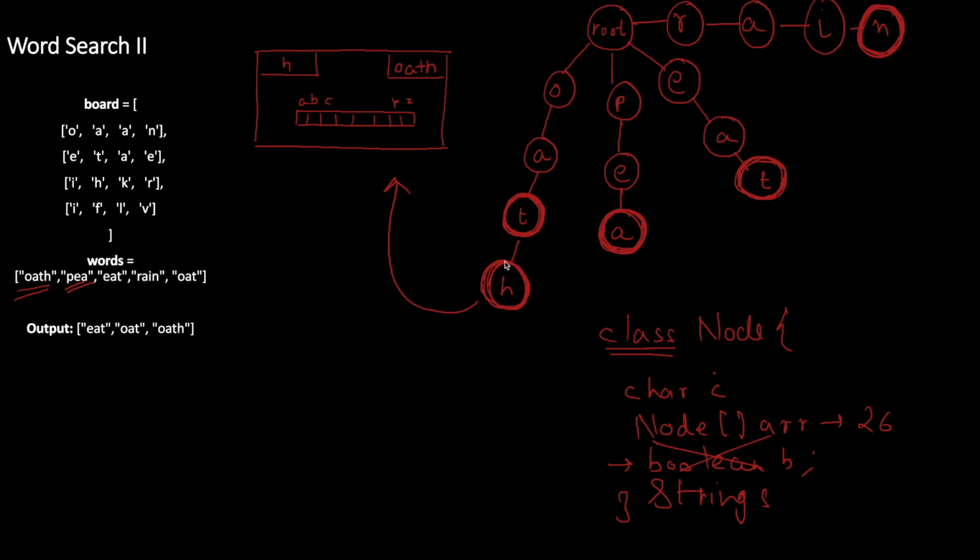So if you see, I have drawn this trie node over here for this H. It will have a character H. Over here, since it's marked, we will have this string oath, and it is linked. It has an array of 26 nodes. So the first is representing A, the second is B, third is C, and so on till Y, then Z. Saying that if another word exists, suppose we have another letter over here, suppose C, we will add it over here, correct? Something like this. Okay. So once we have this trie structure, now let us see how we can solve this problem.